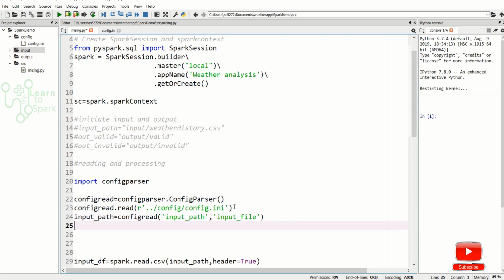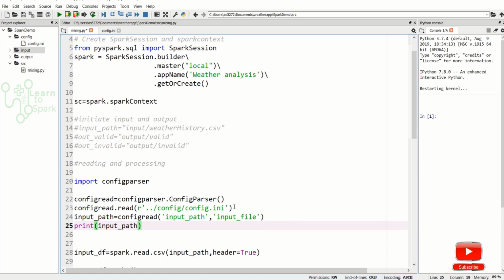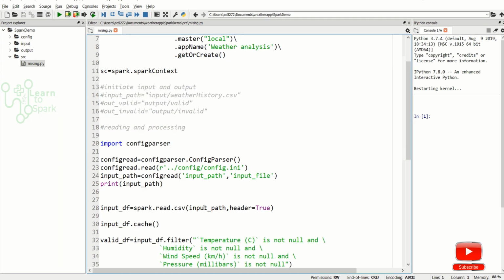Let me print the input path so that it will be clear for you. And here we use the input path to read the CSV file.